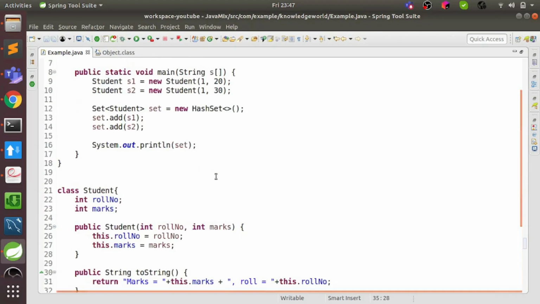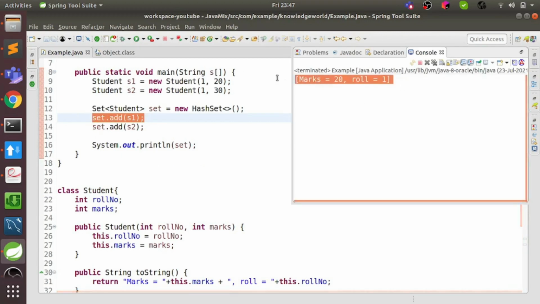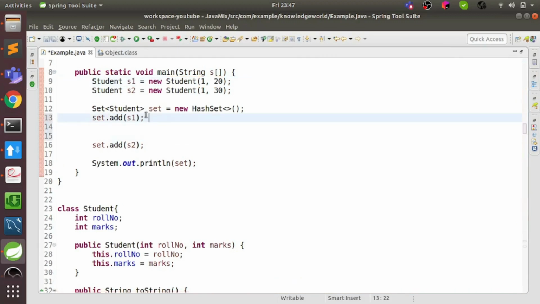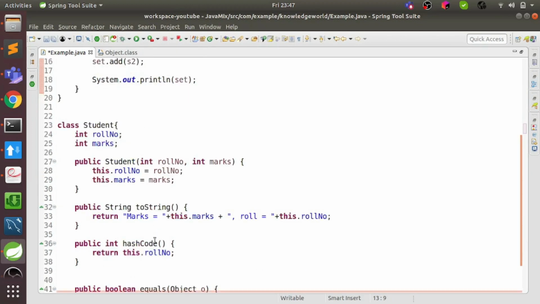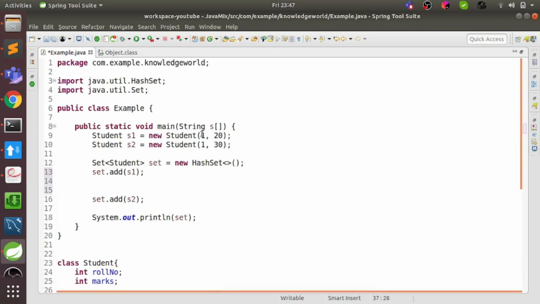So the way this works now, when we call the set dot add, first we run it. Now it's printing only the first object. When we call set dot add s1, it first calculates the hash code. Let's say the hash code is 1 because the roll number is 1.